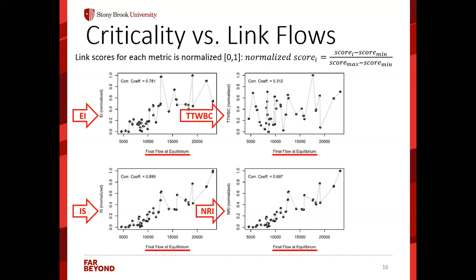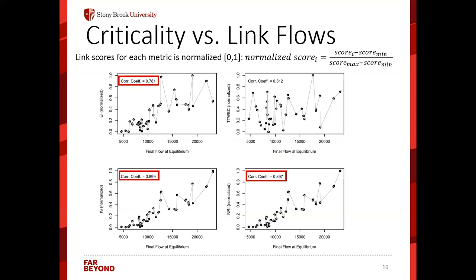And for each graph, what they show is each dot represents a link, and the y-axis shows you its score with the criticality metric, and the x-axis shows the flow on this link at the final equilibrium. So basically the user equilibrium flows on that link. If you look at the correlation coefficient, it's pretty high, 0.89, high correlation with the flows, which tells that maybe we shouldn't be even using these methods, because just ranking